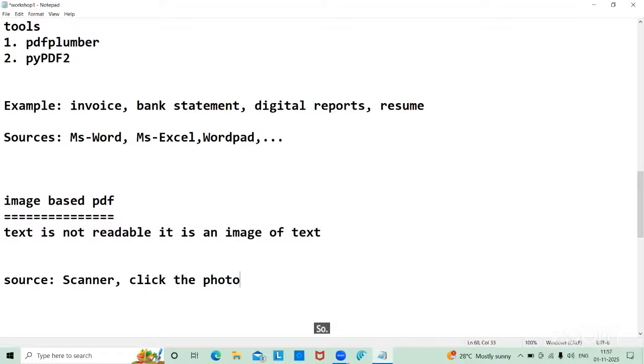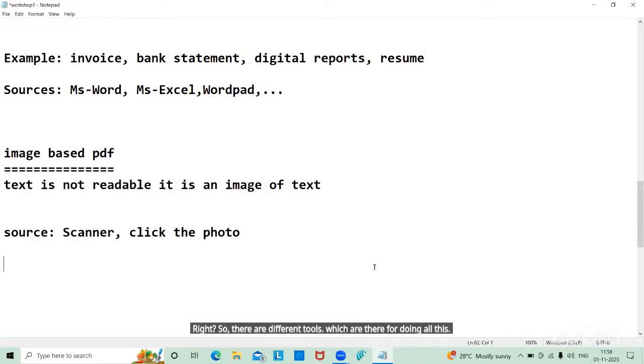So for doing this, Python comes up with doc scanner. Yes, Shubham, doc scanners. You can use it to scan the documents. So there are different tools which are there for doing all this. Okay? Yes. Then